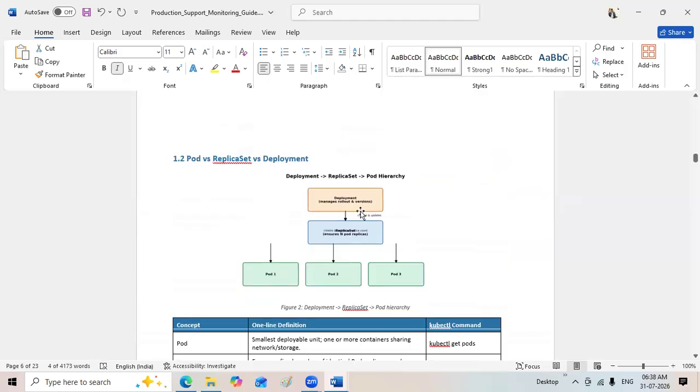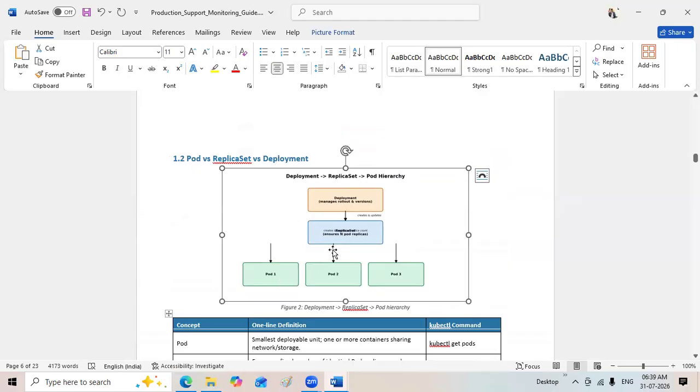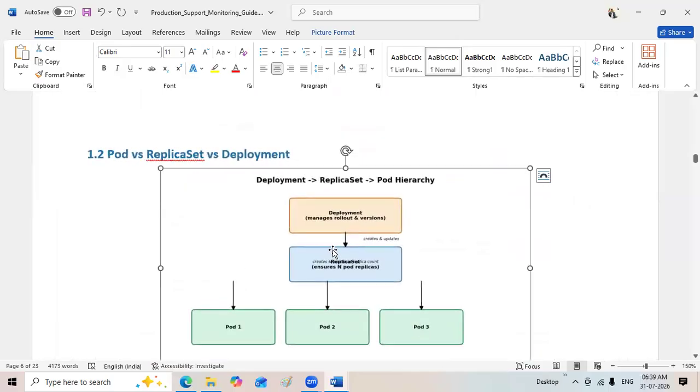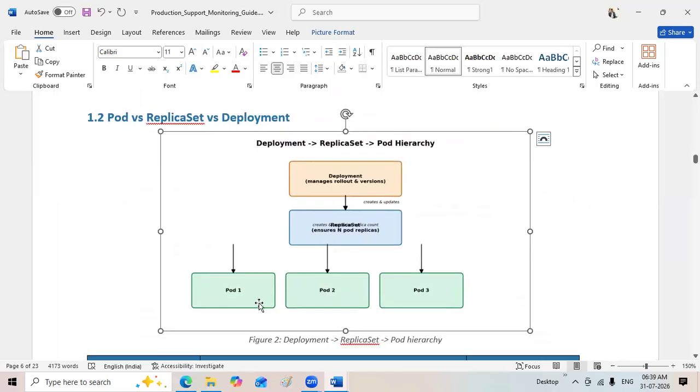Now, this is a very basic thing: pod, replica set, and deployment. Okay, these are your pods. I hope it's visible now for you. This is your pods. This is your replica set, and this is your deployment. So the hierarchy is, this is the smallest unit in Kubernetes. If you do a deployment on a single pod, what will happen? Your application might